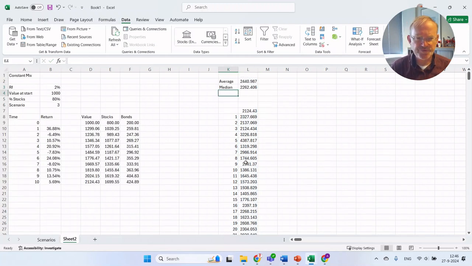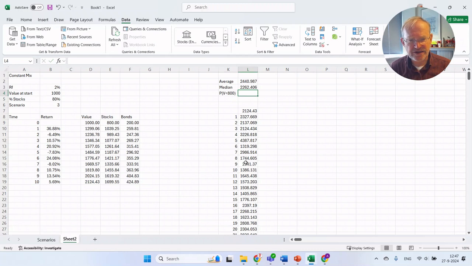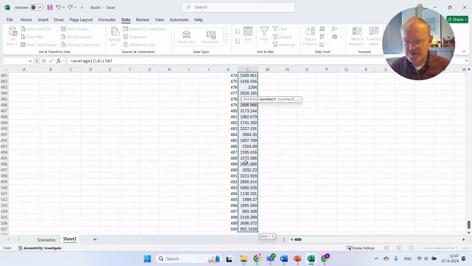I also could, this is kind of a neat little trick, calculate the probability that the value is below 800. So that's the amount of times that we hit the trigger. That might be an interesting statistic. So what I'm now going to do here is maybe a bit outside of the scope of this video, but it's a neat trick. I do average and then open twice a bracket. Then I select the top cell, go below, I type smaller than 800